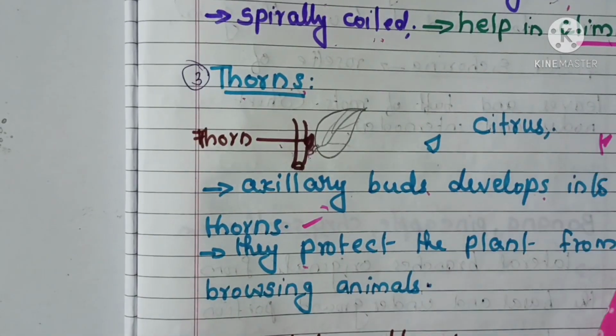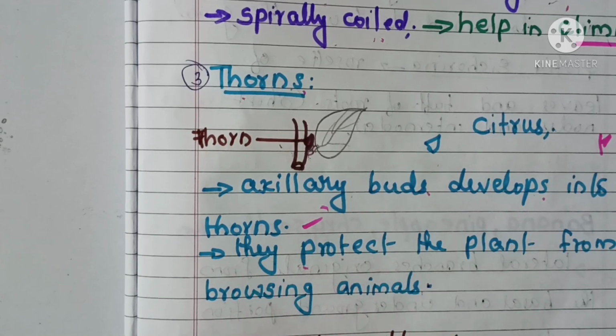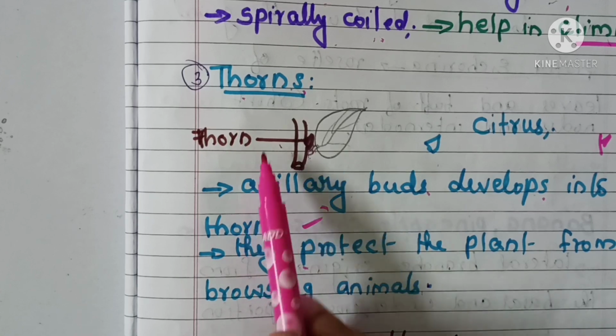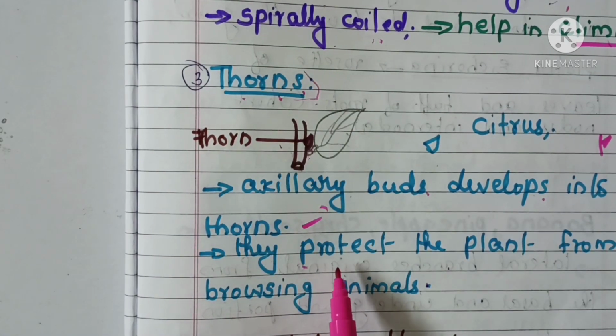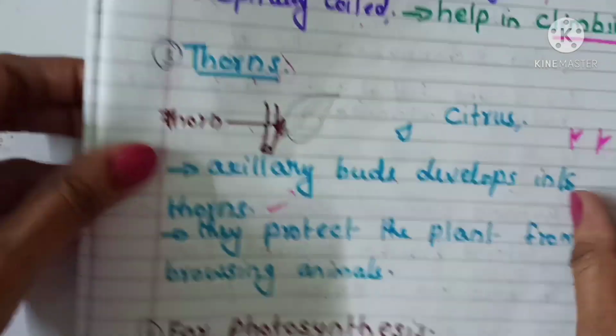You just see one plant full of thorns. Do you go and pluck it? No. We will be just staying back, isn't it? We will think what to do, how to pluck it. The same thing with the animals also. If they are going to browse it, if they are going to eat it, while they understand thorns are there, no, they won't go and eat it because it hurts them. So why are these plants developing thorns? In order to protect the plant from browsing animals. Not only browsing animals, we can say the thorns are developed for protection. Okay, I think this is clear for you.